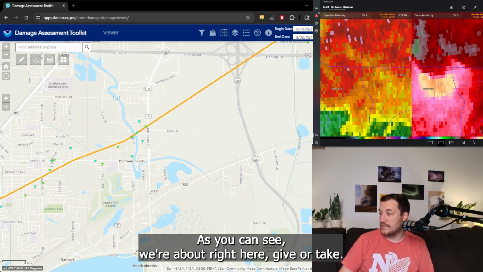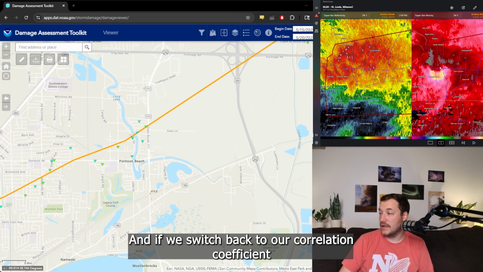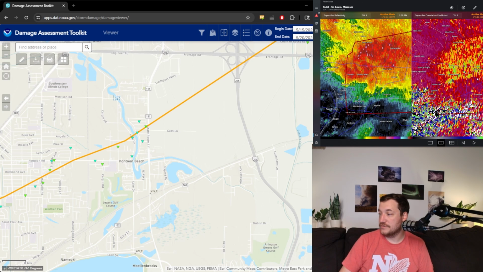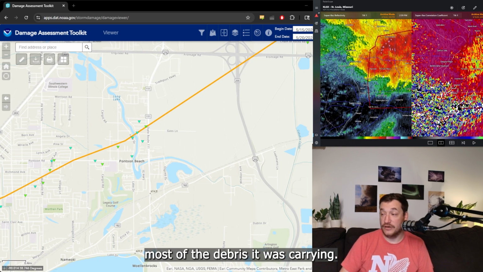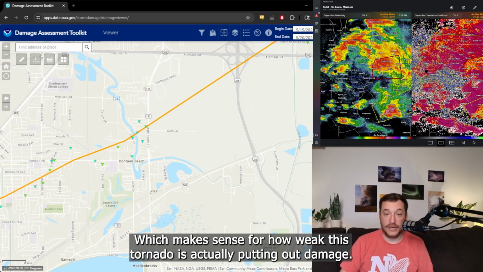We're about right here, give or take. This right here is our couplet, and it is significantly weaker, right? And if we switch back to our correlation coefficient, debris ball is gone. Means it's dropped most of the debris it was carrying,